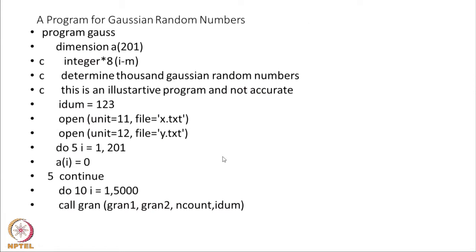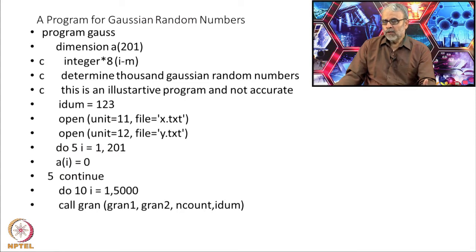Okay. So, now this slide and the next slide gives you an algorithm to generate these Gaussian random numbers. So, all I have done here, just as in the earlier case, I define a new array 201. Now, if I want very accurate results, I need to use what is called double precision arithmetic. I have discussed it in one of the earlier classes. So, double precision arithmetic uses more spaces than the single precision arithmetic. So, I am not using higher precision here, I just am using a normal precision.